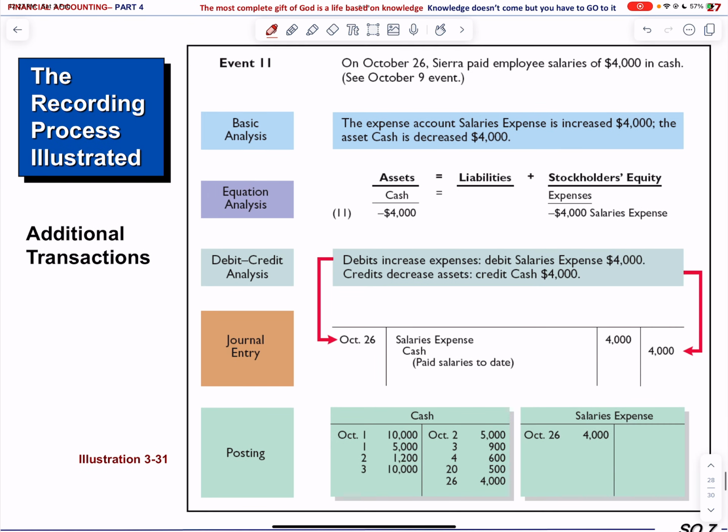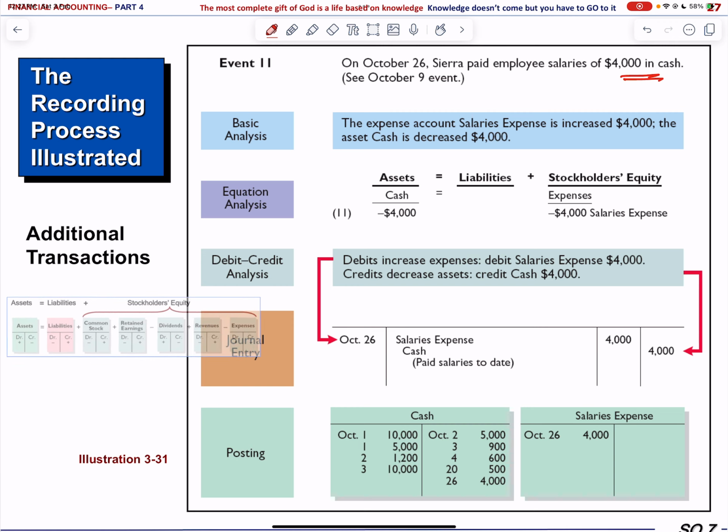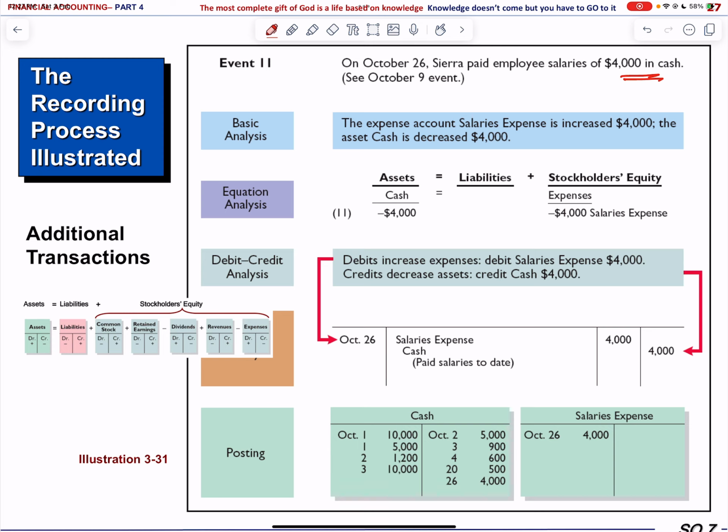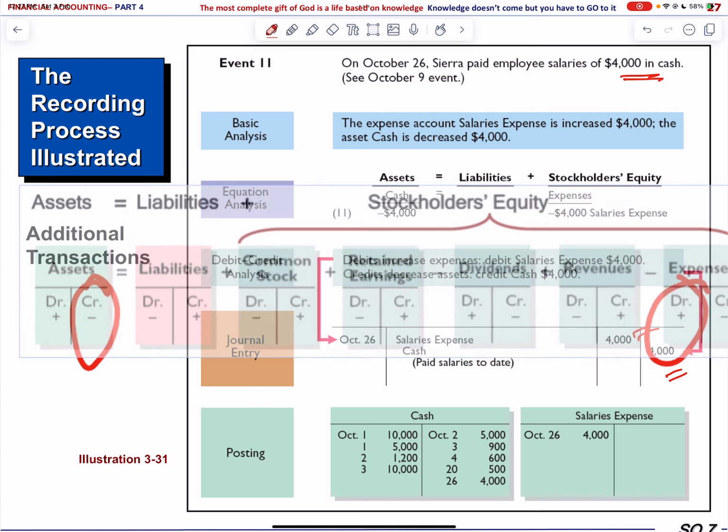Once again, the asset cash is decreasing and the expenses are increasing. So increase in expense is debit and decrease in assets are credit. So salaries expense is debit and cash is credit. What may be interesting for you to observe